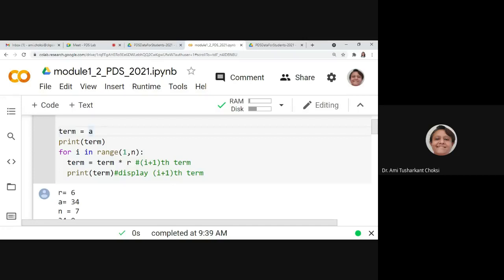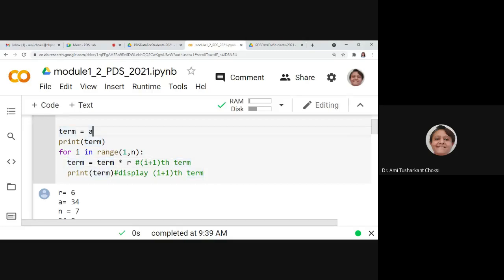So term is equal to A, we are printing the term. Then for I in range of 1 to n. 1 to n, so it will consider the value from 1 to n minus 1. Term is equal to term multiplied by R and print the term. Very simple thing is that we want to have term multiplied by R. And for that term, what is that?